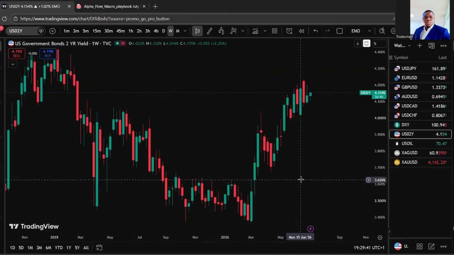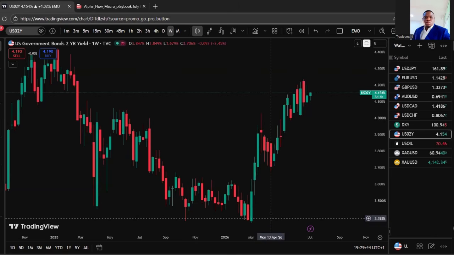Okay, so that is what we're actually referring to. And what is the intention, and why does this 2 year yield matter? I just spent 5 minutes talking about the weak jobs data that printed. Weak jobs data should usually push that yield down, right? That is what we will all be thinking, because it makes people think the Fed will cut rates sooner, but